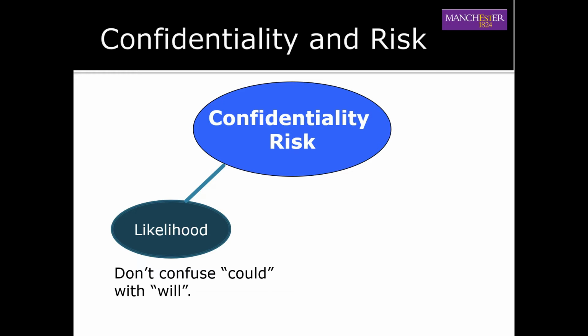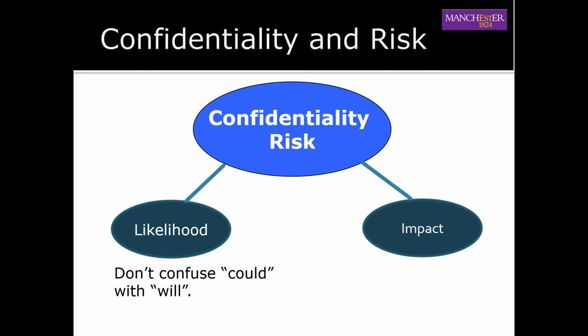So those two things illustrate the point that thinking about risk is something which we can do intuitively, and yet in the confidentiality and privacy arena, these two things often get confused. The other thing that happens in a mature industry is that we think about impact, and quite often in this area this gets ignored. We treat impacts as if they are apocalyptic.